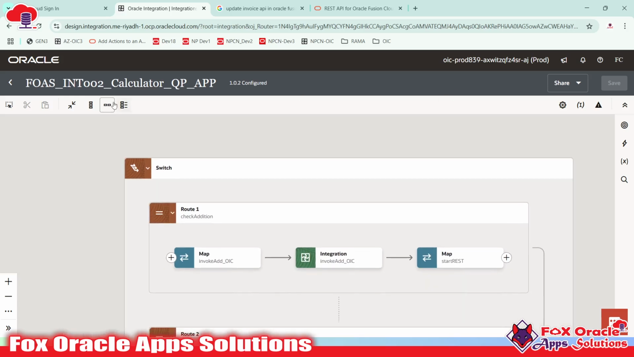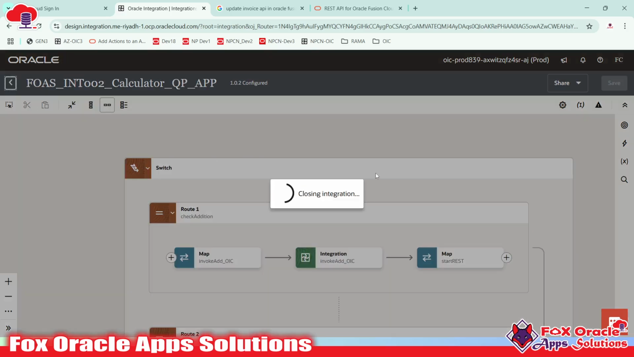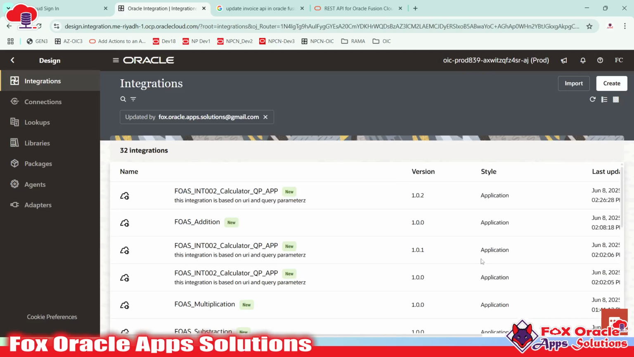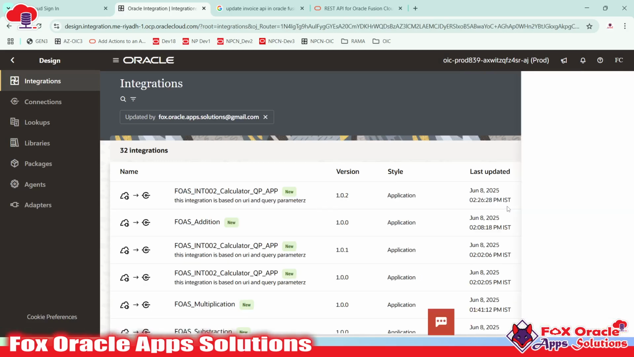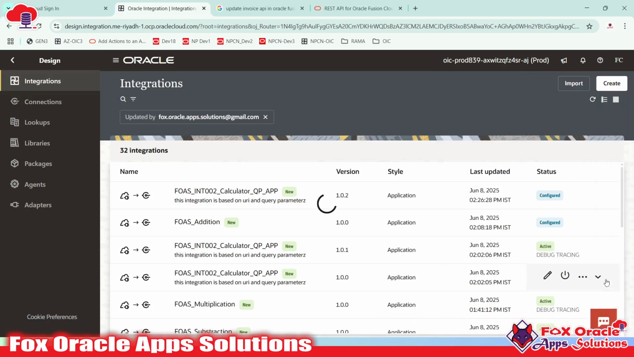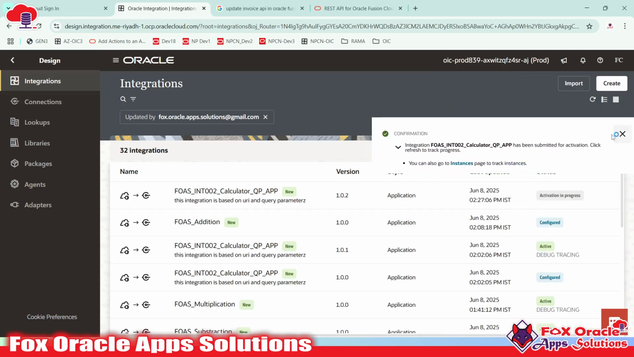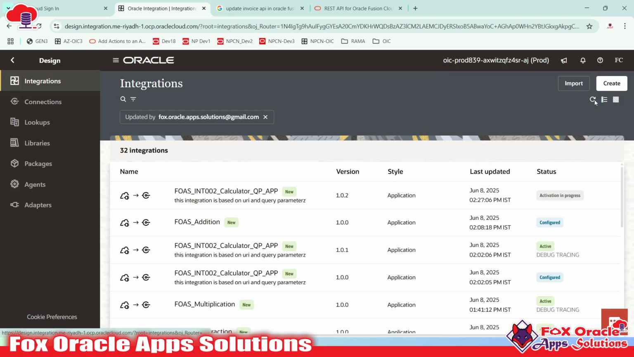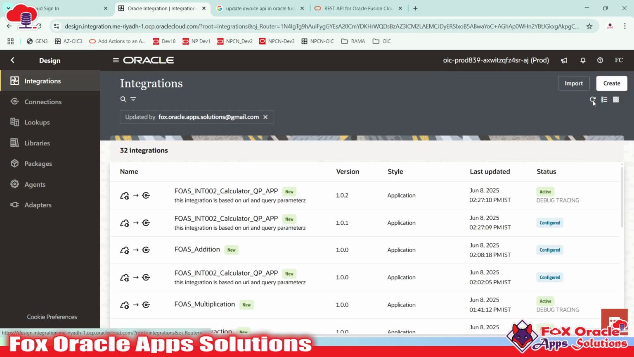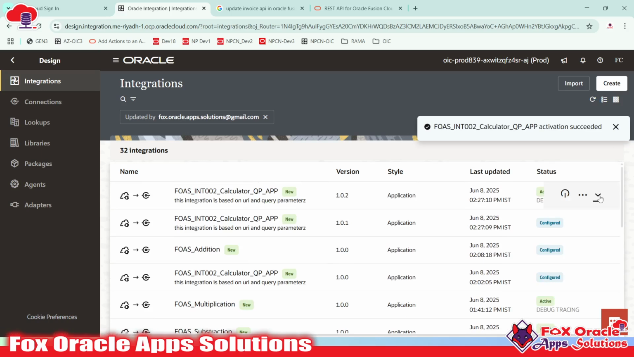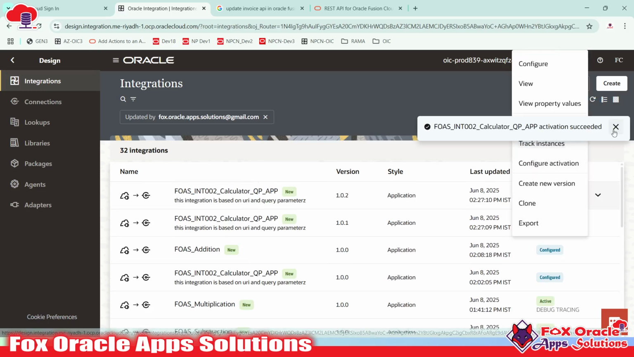So now our integration is ready. I'm just going back to run this integration. So now our integration is activated. We just have to run this integration. Just go